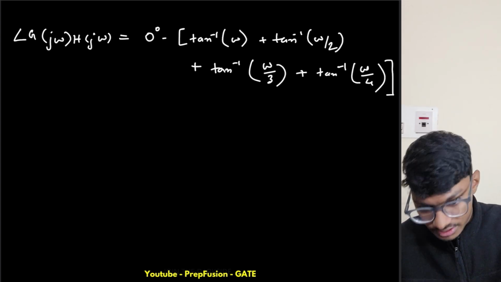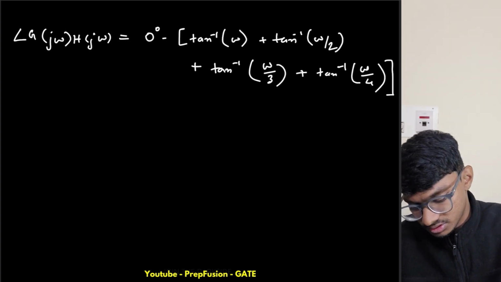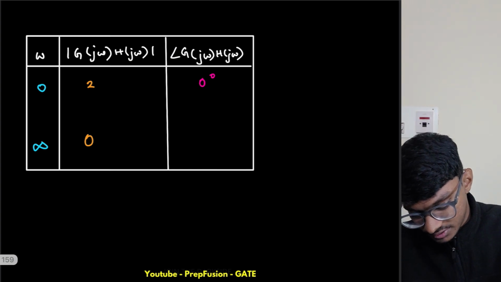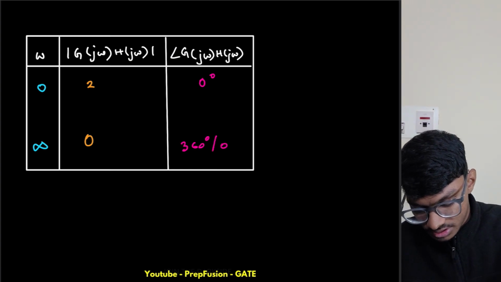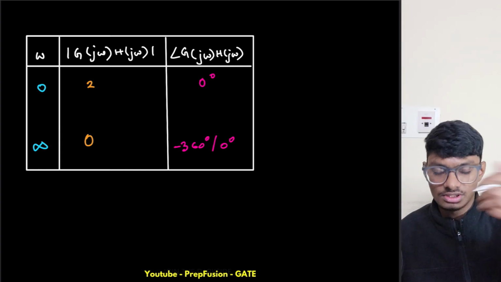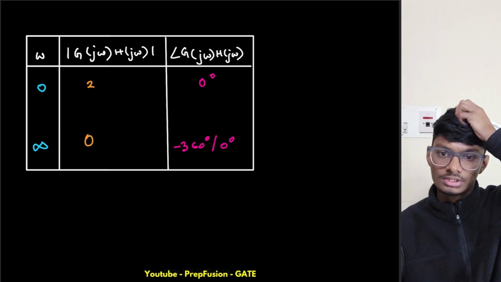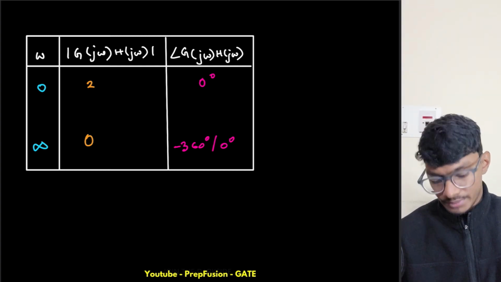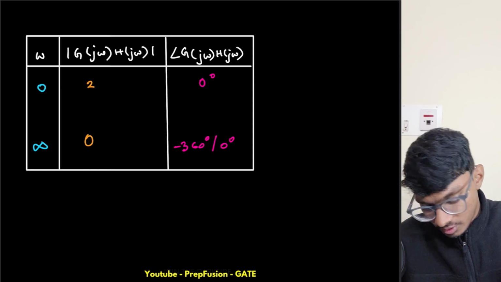Sorry, I should write this one as all negative, but that is fine. Outside it is negative, so that is understood. Again, it is finishing at minus 360, or you can say 0 degrees. Minus 360 is the same as 0. Everything is the same, right? So this is this one. Now what we need to do is